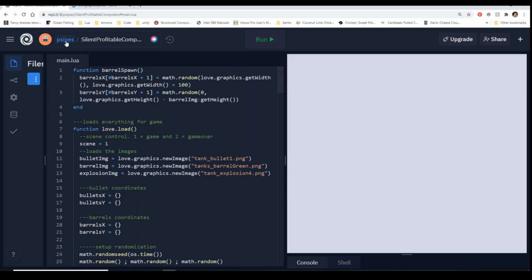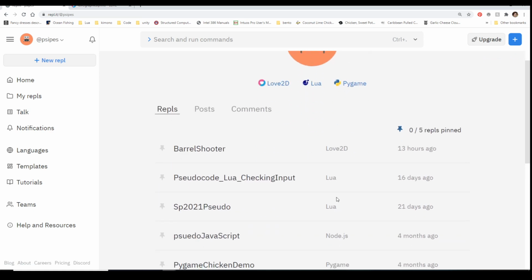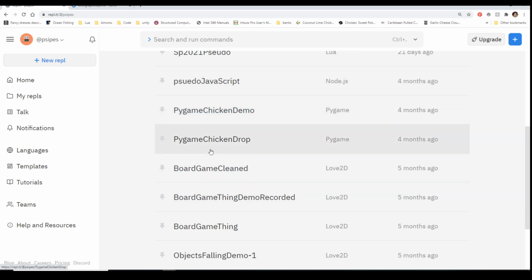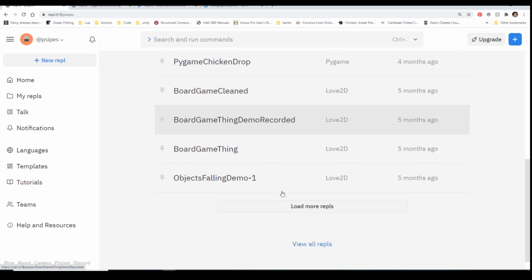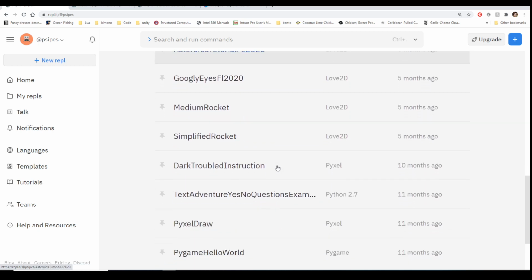And again, if you come into my REPL, which you guys have all been linked, and in the modules it has a couple of other options. The other one that I have videos of is this one called Chicken Drop, and board game, I think it's this one. But there's a few other things in here.